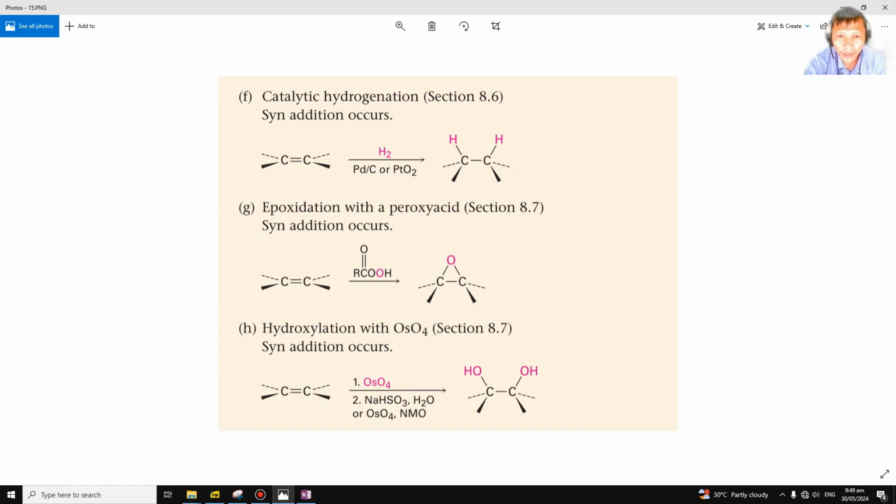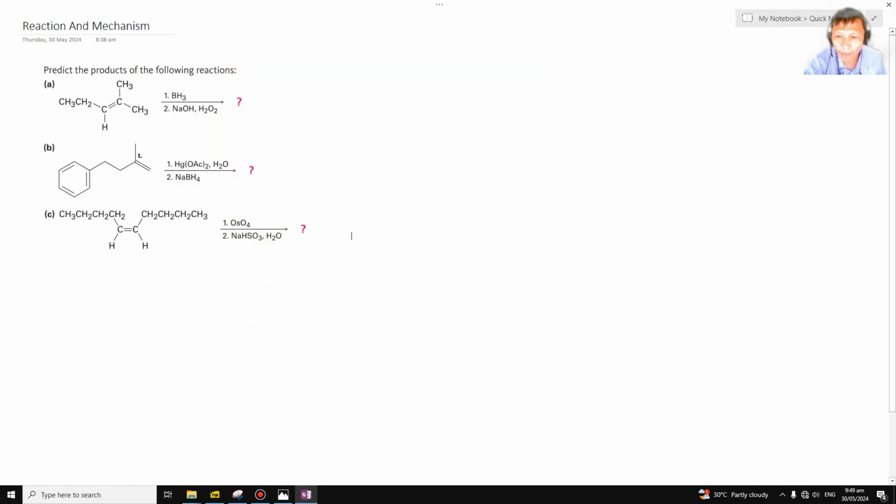So for this, you would have a diol, two alcohols. This double bond would be a single bond, and then both OH, 2 moles of OH, would attach to those two carbons. So if you're going to apply it here,